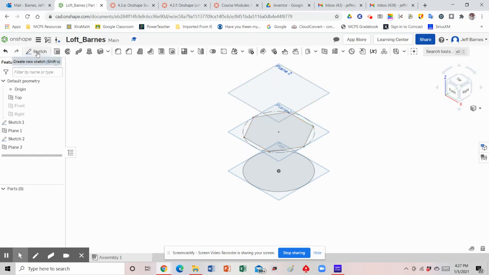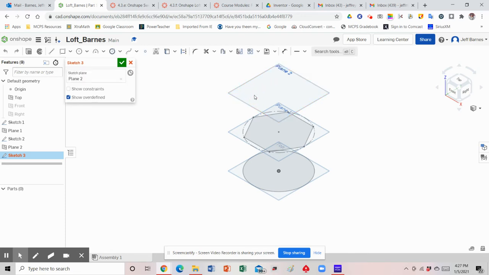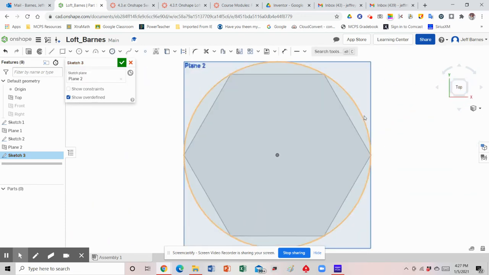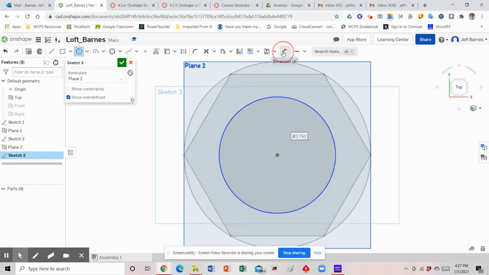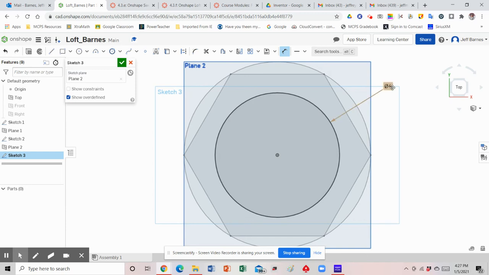I'm now going to create my sketch again. Choose plane 2. Move it to the top. And this time, again, I'm going to create another circle, another center point circle. This time I'm going to drag it out. It's going to be a little bit smaller than my first. I'm going to go ahead and dimension, and I'm going to make it 4 inches in diameter. Enter. So now I have a 4-inch diameter,